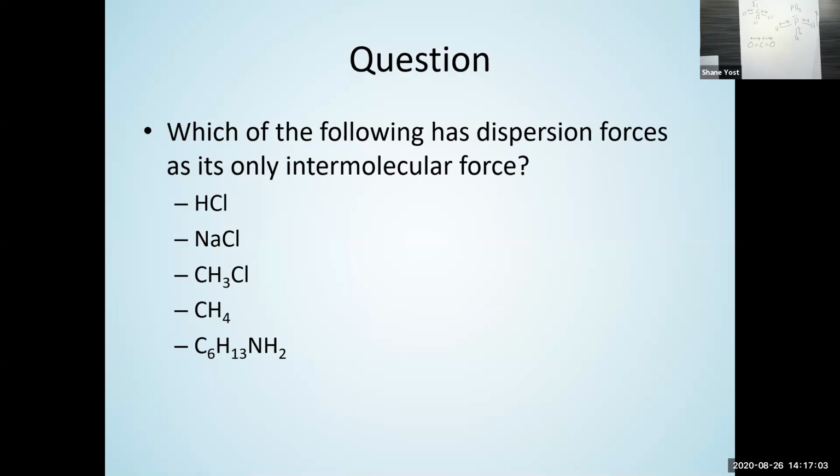Yeah, so in this case, there will be dipole interactions. If it's broken apart in solution, it will be apart in hydrogen ions and chlorine ions, and we'll have ion-dipole. But in this case, since it's just a neutral molecule interacting with other neutral molecules, so in all of these